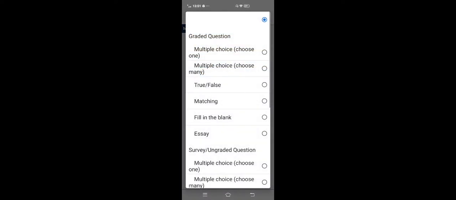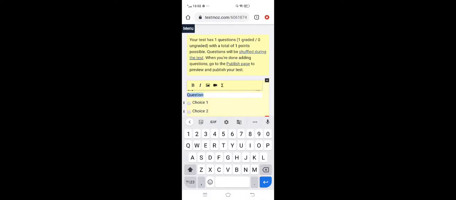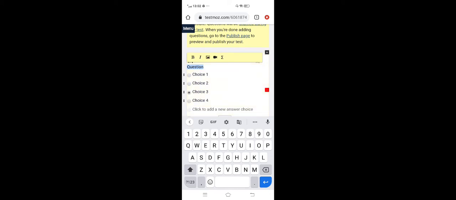Then if you click on the menu, we did the settings. Now we are going into the questions. Click on questions. Here click on the insert button. There you can give different types of question, multiple choice, with only one answer correct. So here you can type the question and give the choices: choice 1, choice 2, choice 3.